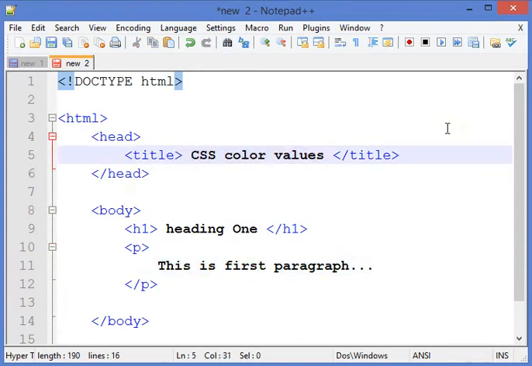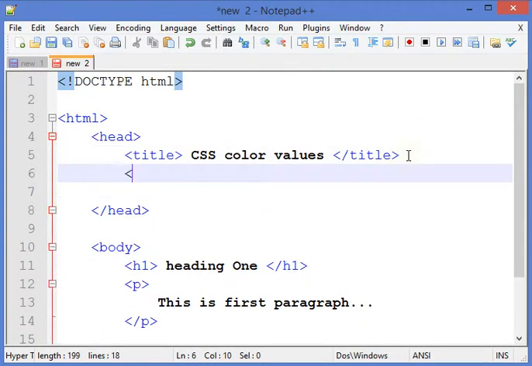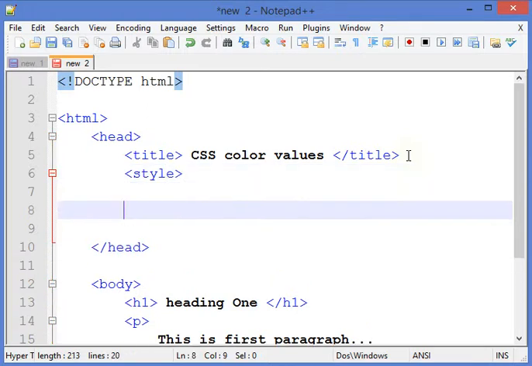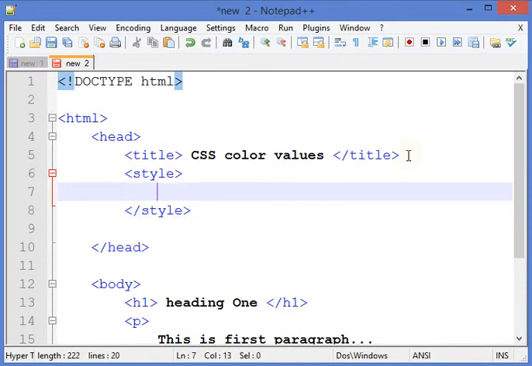So we know how we can apply CSS using the style element. So I'll close style, and here, suppose I want to set the paragraph color